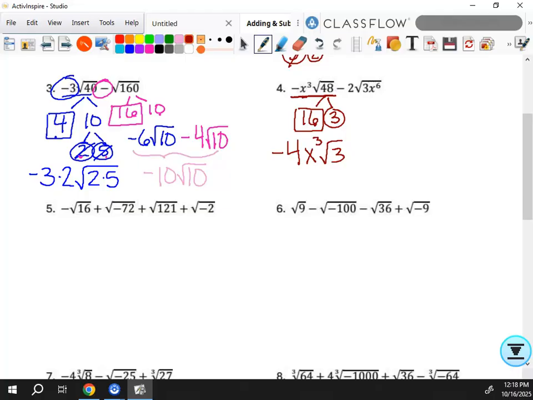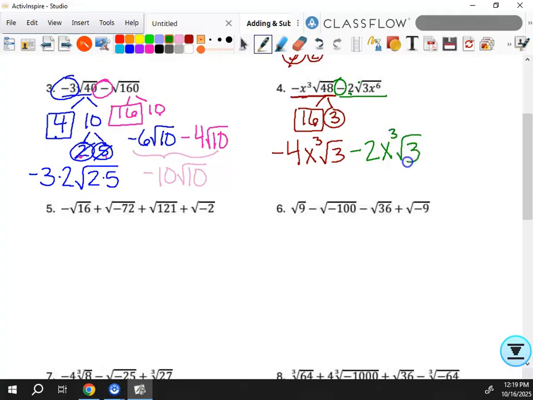All right, so then let's look at this one. Again, don't lose your negative there. The 3 is going to have to stay underneath, right? But I have x to the 6th. The index that I don't see right here is a 2, right? So I take the 6, I can divide it by 2 evenly. So I get a negative 2 from this, but then the 6 divided by 2 gives me x cubed